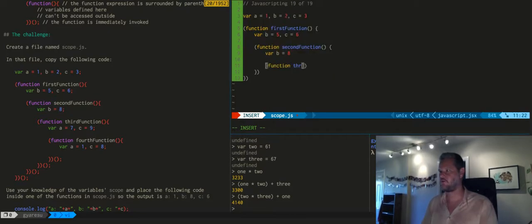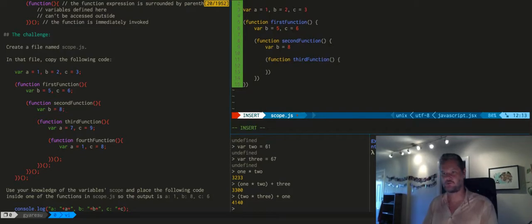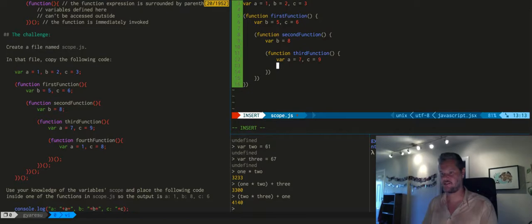Function, third function. Wow, that lag is really something special. A equals 7, C equals 9. Yay. And another function, which is going to be the fourth function. Var A equals 1, C equals 8,